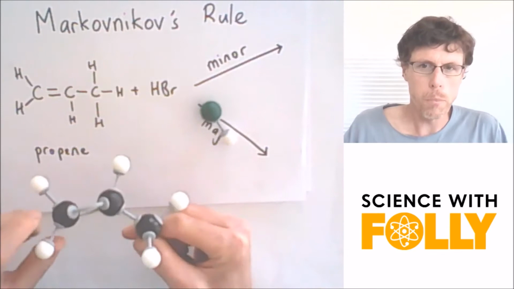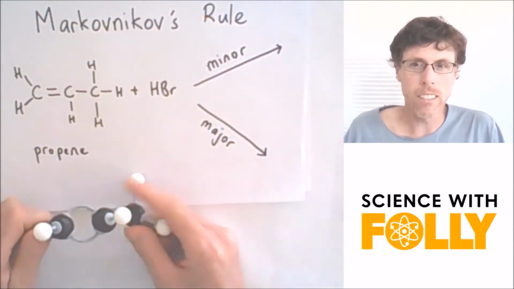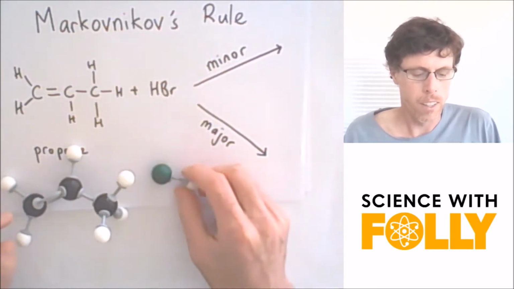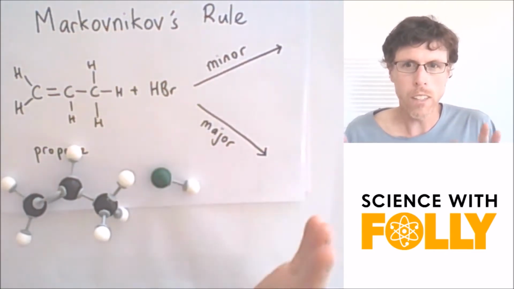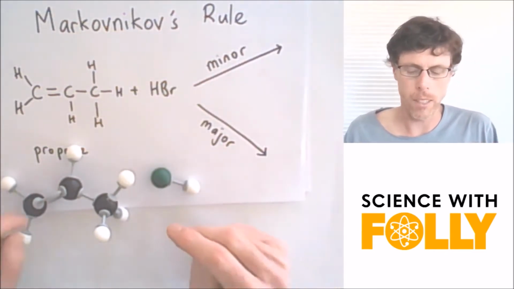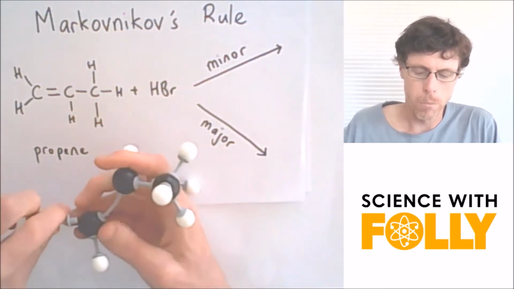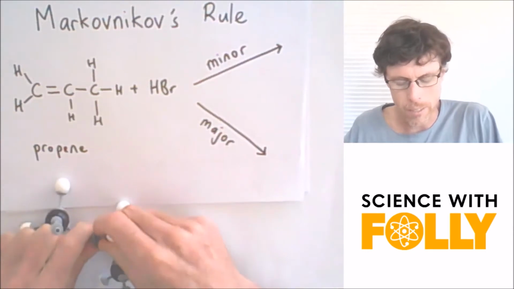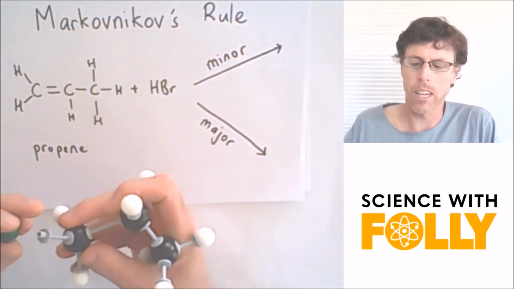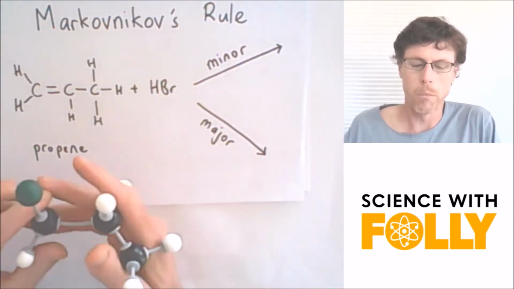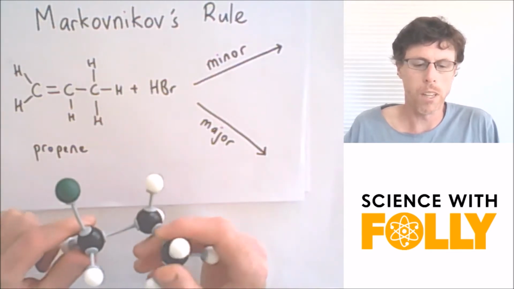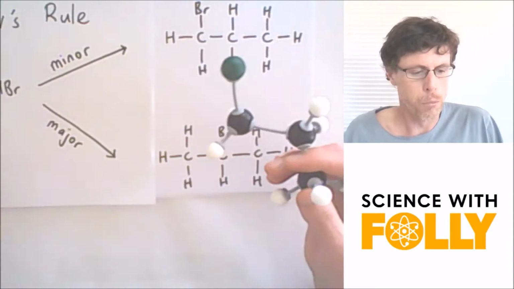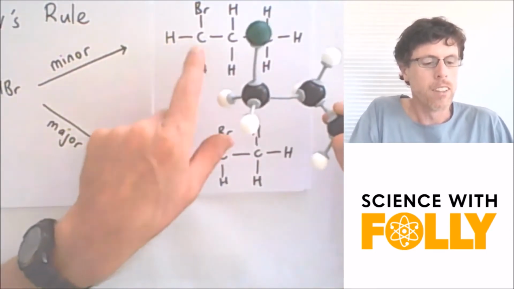So here I've got propene. As you know, it's an alkene, it's got a double bond and it's got 3 carbons. Here I've got hydrogen bromide. When they react, there's 2 possible outcomes. Obviously, this bond here will break and we can have the hydrogen join onto carbon number 2 and the bromine join onto carbon number 1. And if that's the case, we form this one here,